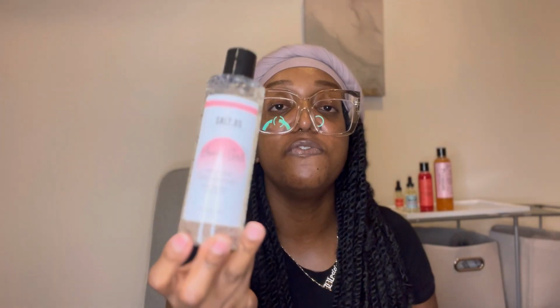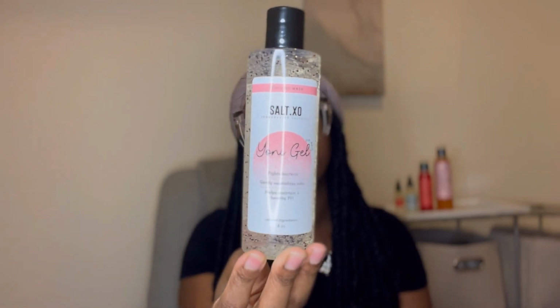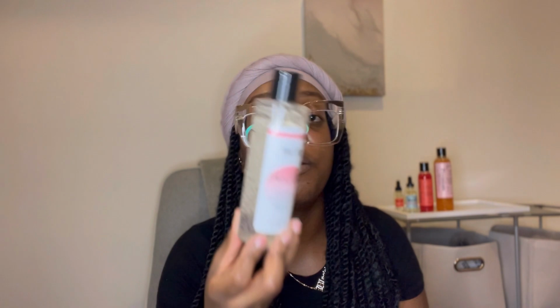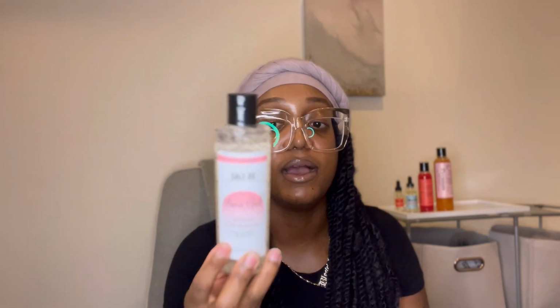Now, while I do feel like Salt.xo's products do work, and for some people this is their favorite, everybody is entitled to their preference. This is not my favorite yoni gel, but I do feel like it is versatile. I use this for my whole body. Sometimes I use it for my face. And for a while, this was the yoni gel I had in my stash, and I used it for my yoni as well. Again, it is not my personal favorite, but